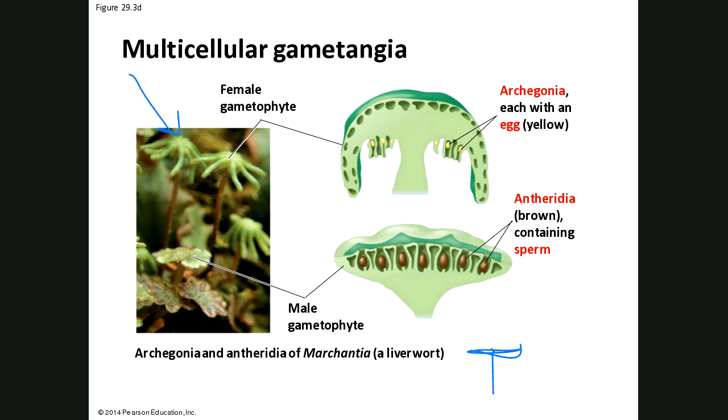Now the archegonia on Marchantia are on the bottom, as opposed to the moss, where they were facing upright, but they still have an egg in them. So the sperm are going to make their way from the antheridia to the archegonia. With this idea of having multicellular gametangia, we're producing structures that are big enough now to make, again, it's all about numbers and variability, of course, right? We've got all these different kinds of spores that are producing these different types of gametangia. But really, when it comes right down to it, it's about hedging your bets, isn't it? It's about producing lots of offspring, lots of gametes, lots of offspring.